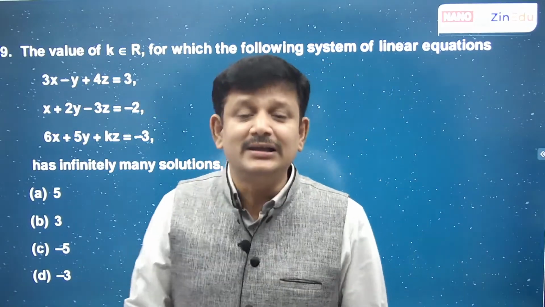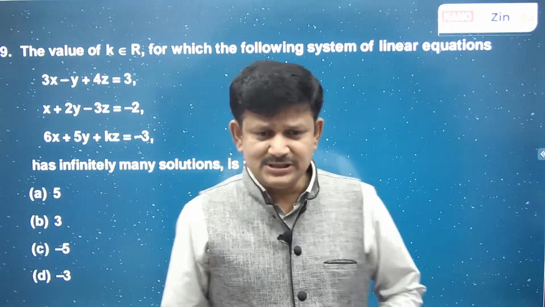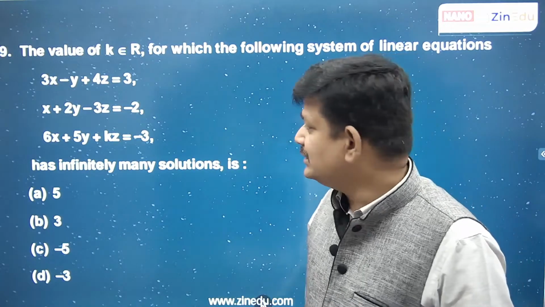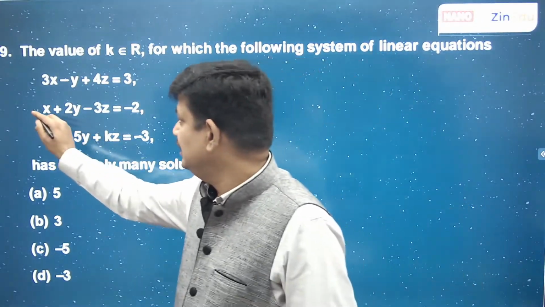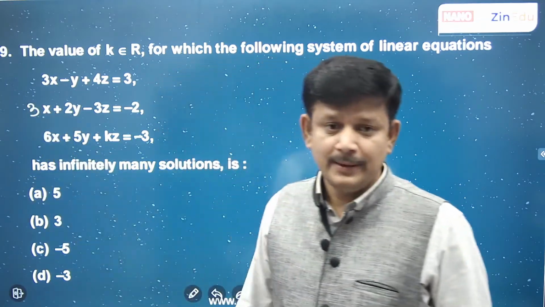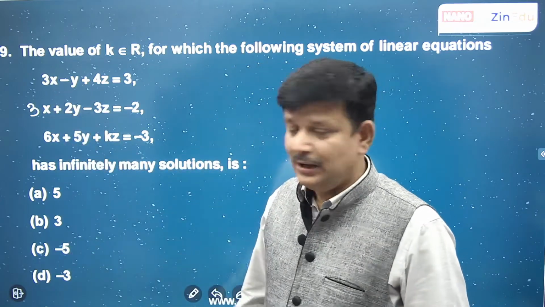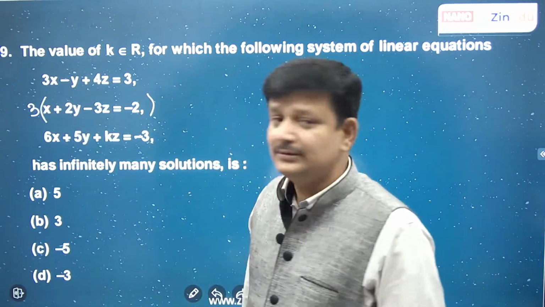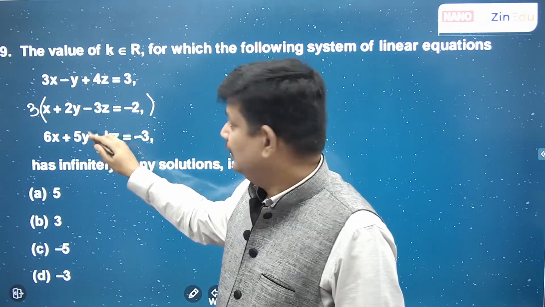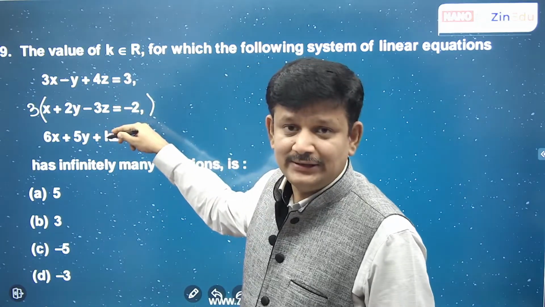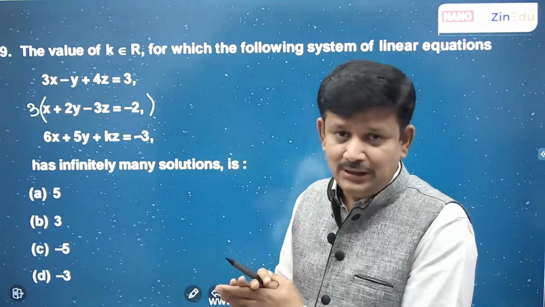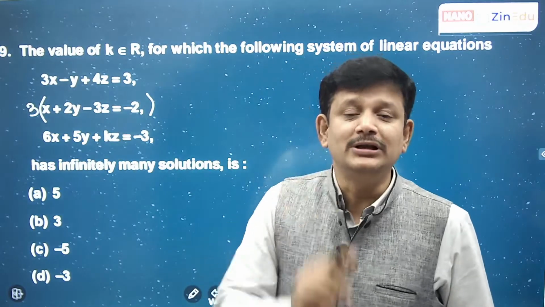Let us see if we can find any linear combination here. What are the numbers? 6, 5, 3, 1, minus 1, 2. Look at them carefully. Your intuition tells you something. 6. Multiply this by 3. 3 plus 3 is 6. When you multiply this entire equation by 3, 3 2s are 6 minus 1 is 5. So if this also satisfies that linear combination, then you have a chance of infinitely many solutions or no solution. If this doesn't satisfy, then there will be only a unique solution.